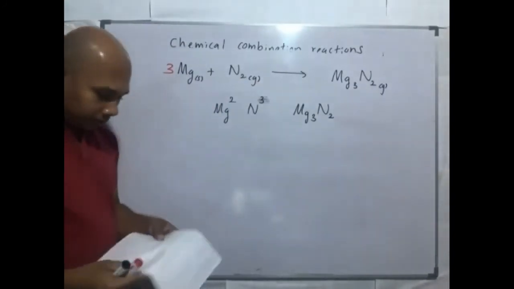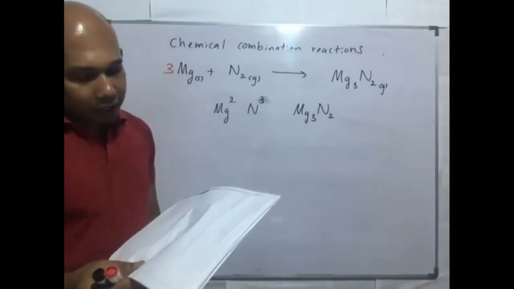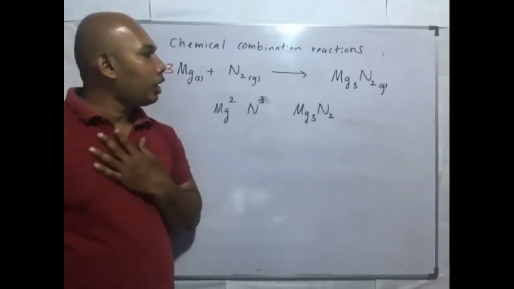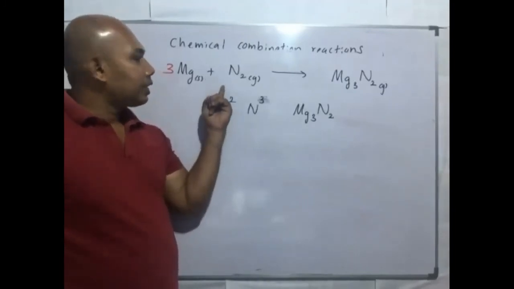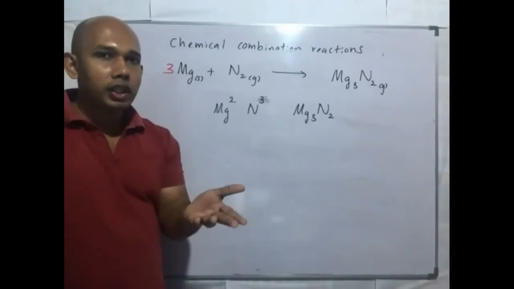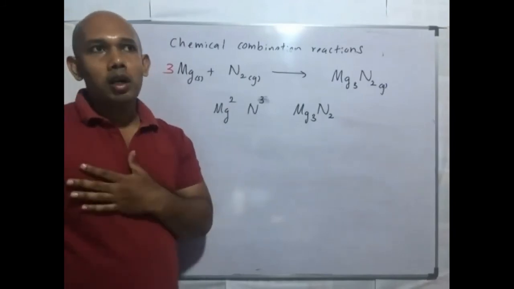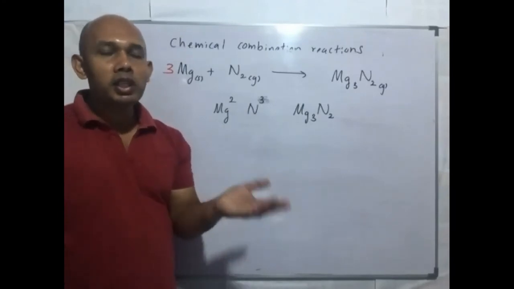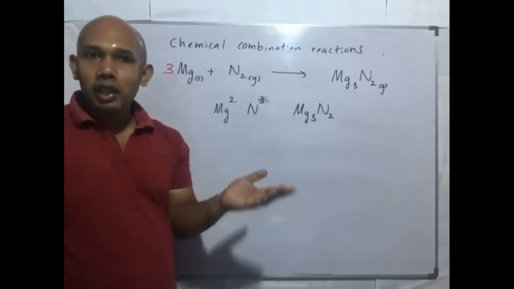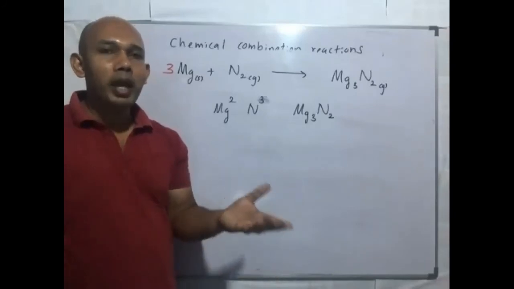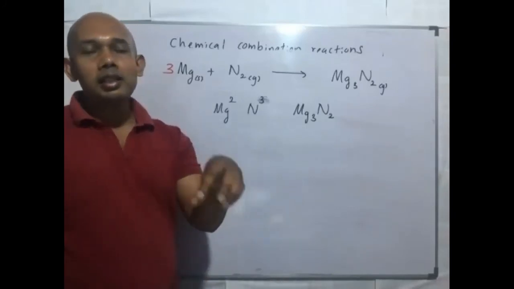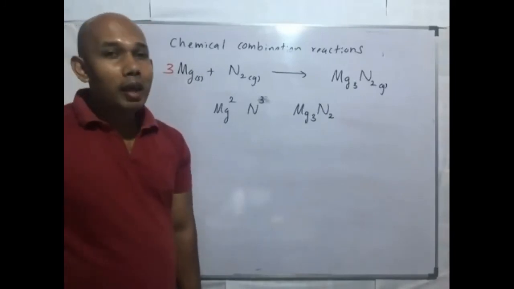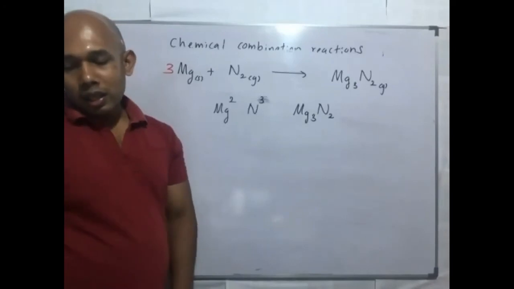For the next one, reaction of nitrogen gas with hydrogen gas in the fertilizer industry, right? Nitrogen gas reacts with hydrogen gas in a special condition and makes ammonia. Ammonia is essential to make urea. Therefore this reaction is done in the fertilizer industry, to make ammonium fertilizers from ammonia. This method is called the Haber method.